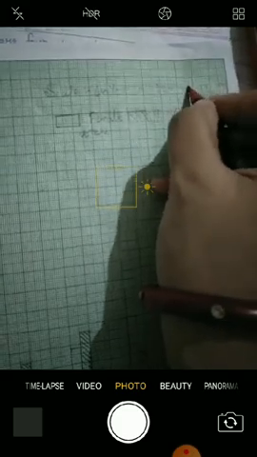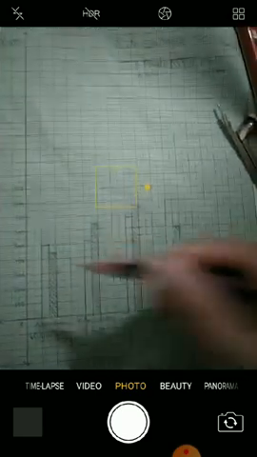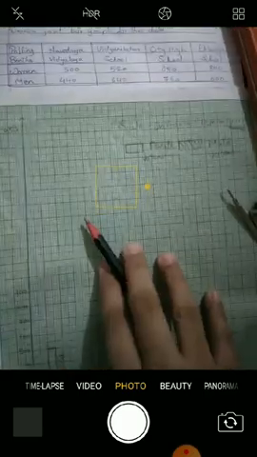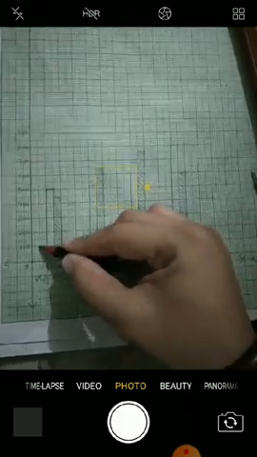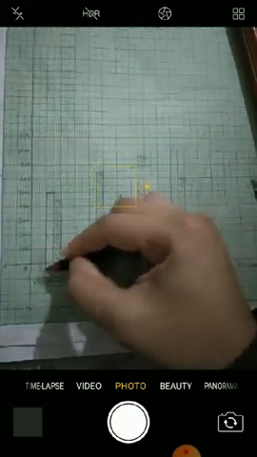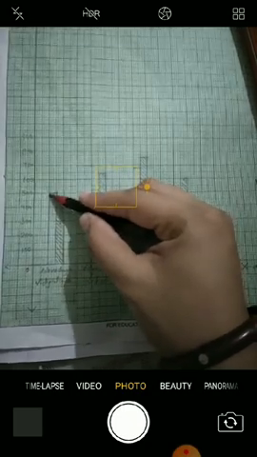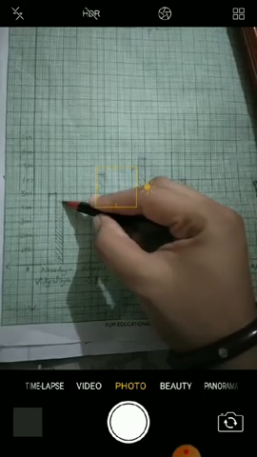100 voters, female voters and male voters. These are the female voters and these are the male voters. So how many female voters are there? 500 and 440 in Navodaya Vidyalaya. So we will draw 1 centimeter equal to 100 voters. See, 1 centimeter, 10, 20, 30, 40, 50, 60, 70, 90, 100. So the female voters are 500 and the male voters are 440. Same for Vidyaniketan School, 520 and 640.